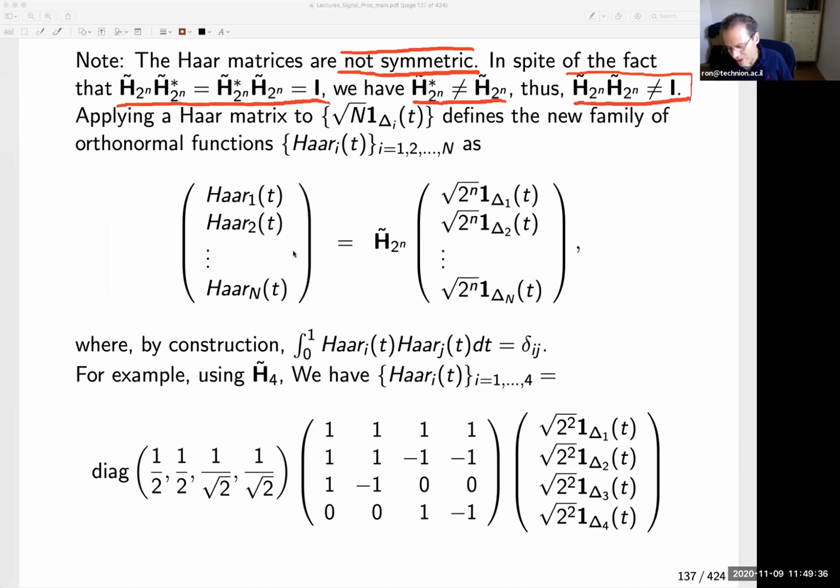Multiplication of the Haar matrix by itself would not give me the identity. So you just need to remember that it is important to take the conjugate or the transpose and to use it properly. Now, if I apply it to the standard functions,